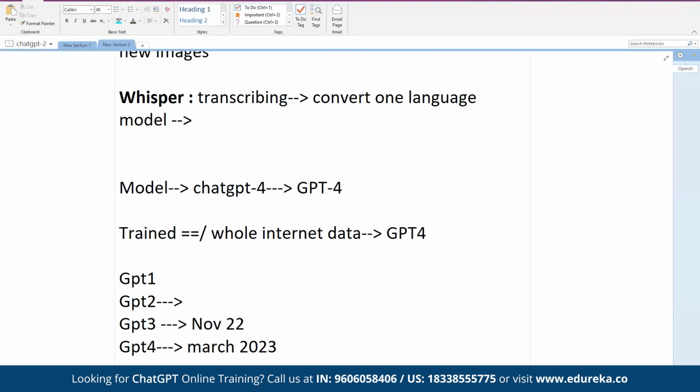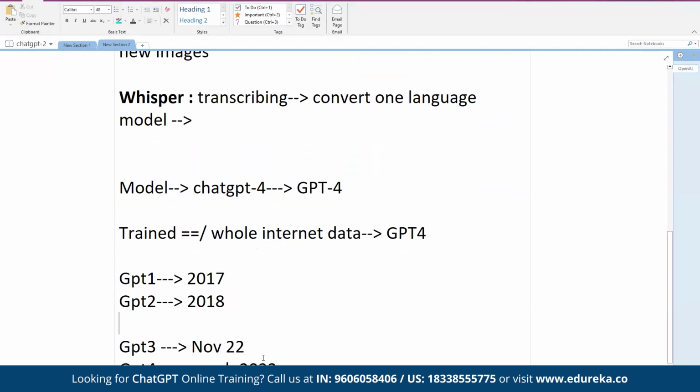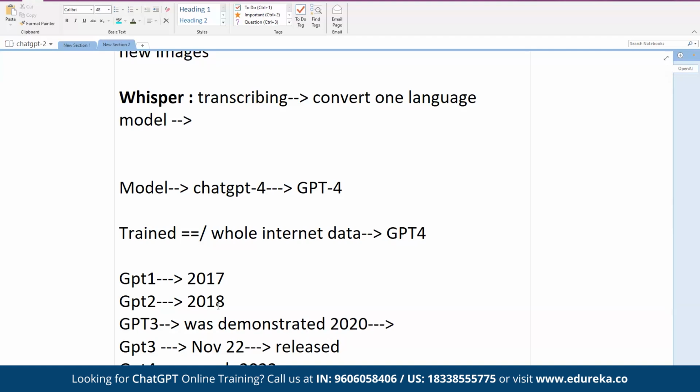This was released in 2018, and this was released in 2017. Okay, and GPT 3 was demonstrated, not released, around 2020. But I think after that COVID hit, so I think they may not have released it. But November 22 is when they released the model for public consumption.